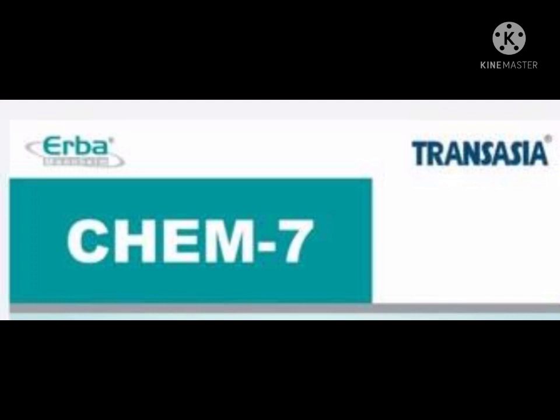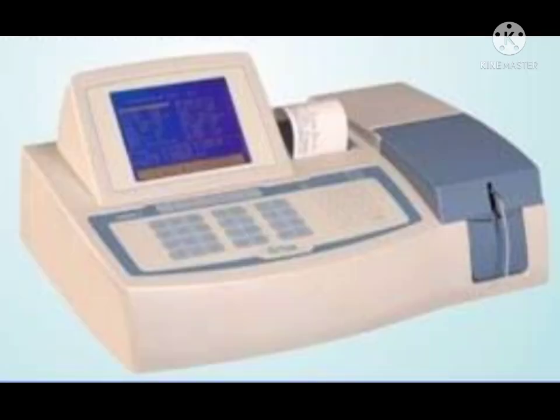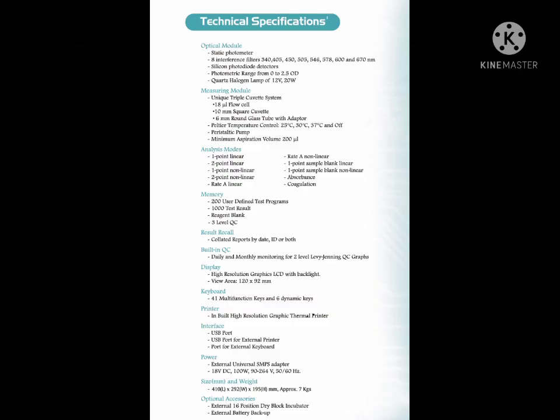ERBA Chem 7, marketed by Transasia. Technical specification of ERBA Chem 7: semi-automatic biochemistry analyzer, optical module, static photometer, 8 interference filters, silicon photodiode detectors, photometric range from 0 to 2.5 optical density, maximum optical density 2.5, quartz halogen lamp of 12 volt 20 watt, measuring module, unique triple cuvette